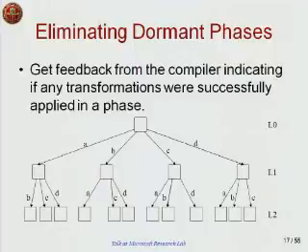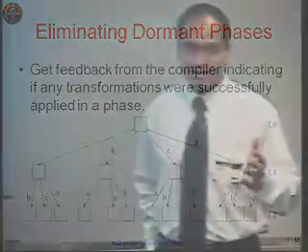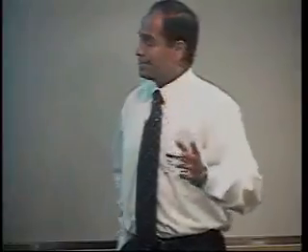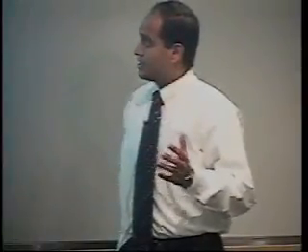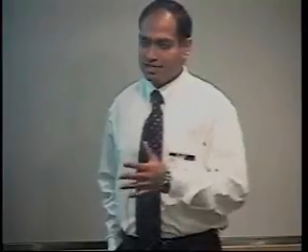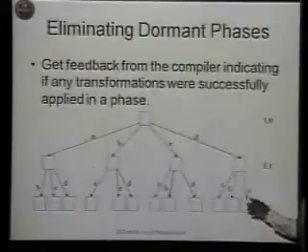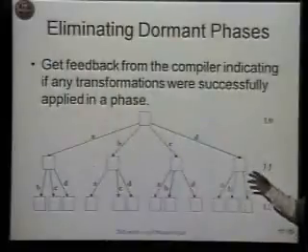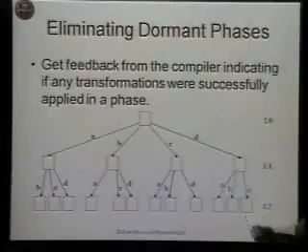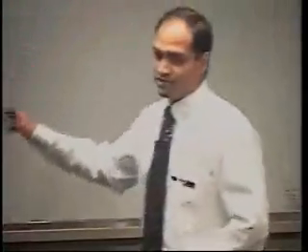The second technique is eliminating dormant phases. Again, as I said, each optimization phase needs certain enabling conditions to apply itself. I changed our compiler so that we get feedback from the compiler telling us if the last phase was able to make any changes. If it did not make any changes, then the function representation is essentially the same as before, and so there's no need to add it at the next level. So finding dormant phases allows us to get rid of more function instances from this graph.